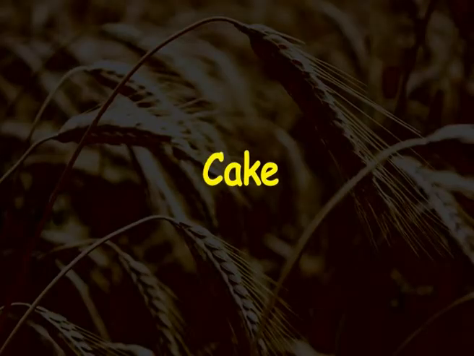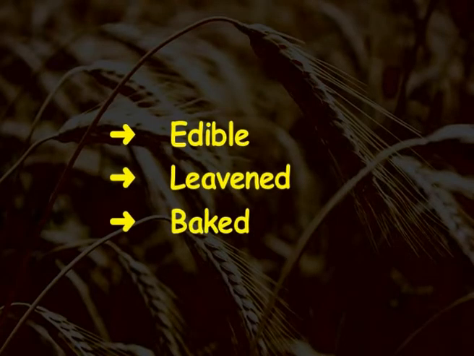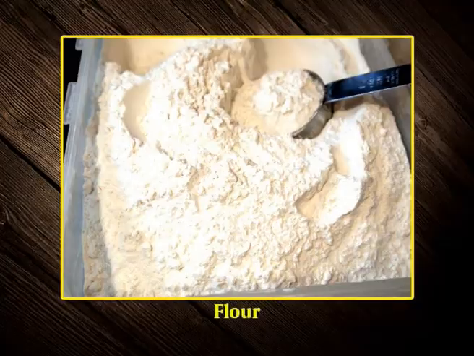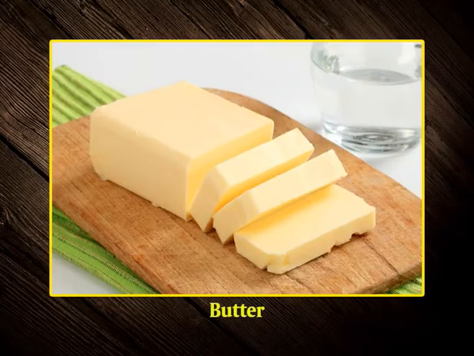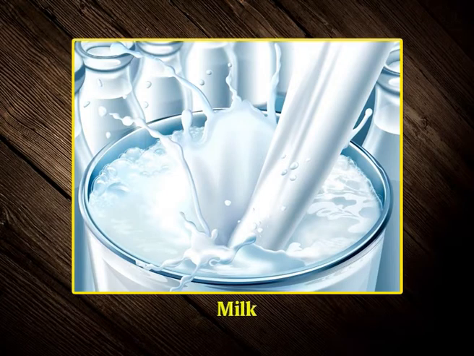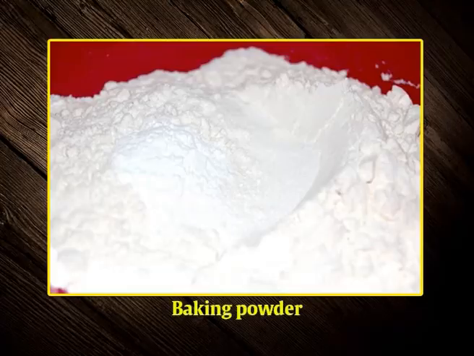Cake. Cake is defined as an edible, leavened, baked, sweet flour confectionery, often enriched with other minor compounds for appearance, typically round and flat in shape. Modern cake, especially layer cakes, normally contain a combination of flour, sugar, eggs, and butter or oil, with some varieties also requiring liquid, typically milk or water, and leavening agents such as yeast or baking powder.